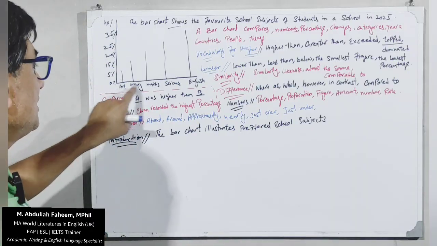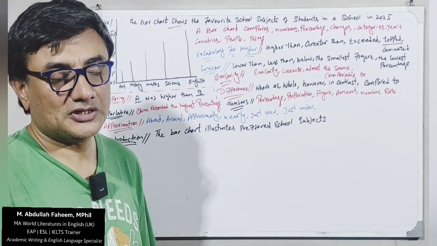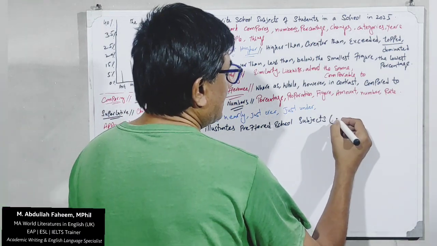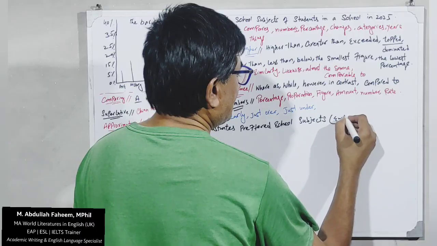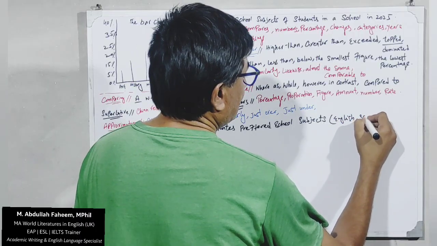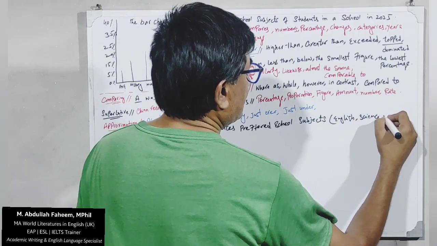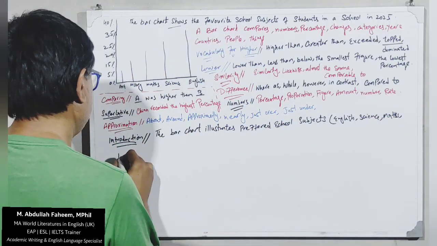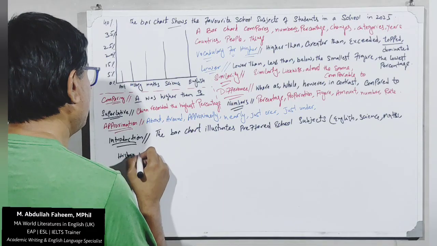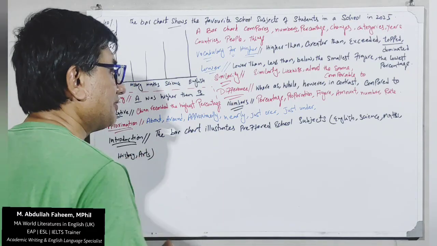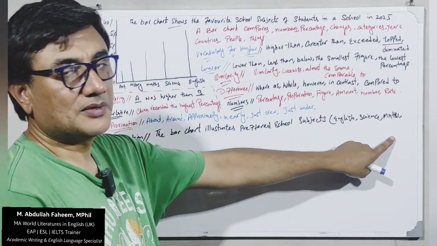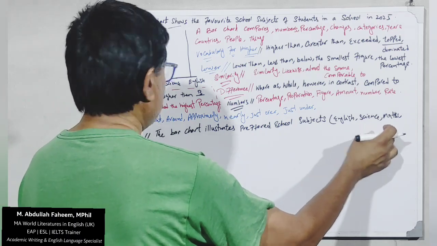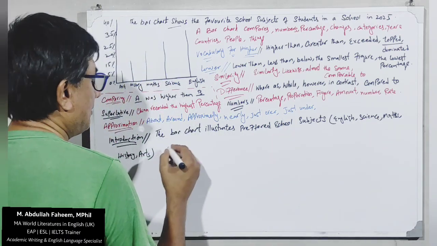So now we have an option. If we have 5 to 6 names, then we can use them, as I mentioned in my previous video on the line graph. Either we can use brackets: English, Science, Maths, History, Arts. So these are the 5 subjects. We will write them in brackets. So the bar chart illustrates preferred school subjects (English, Science, Maths, Arts, History) among students,